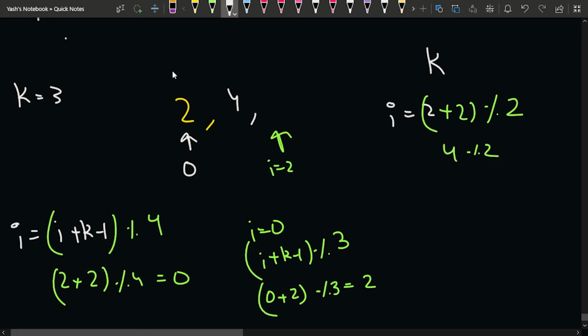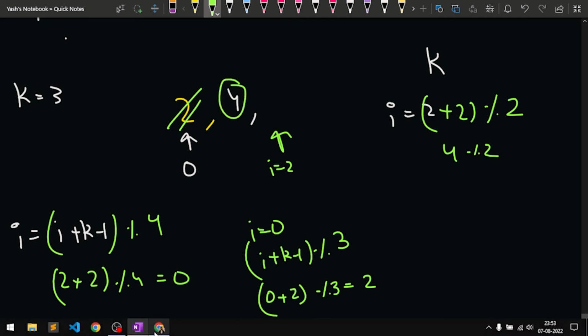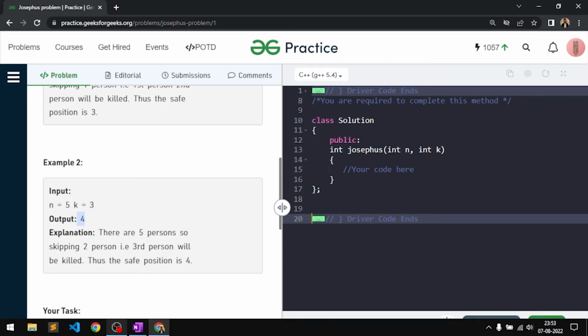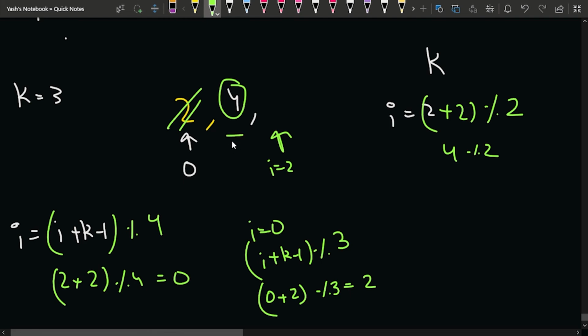Why? Because if you see, if I have 2 and 4, I will be starting from 2, so 2 is the first person, then 4 is the second person, then I want to kill every third person, so the third person will be 2 itself, so I will want to kill 2, and that is what I will indicate. So I'll kill this person, and then the only person left will be 4, and you can see that in our answer we are getting 4 as well, right? So in the end, whichever element is left, I will simply return.